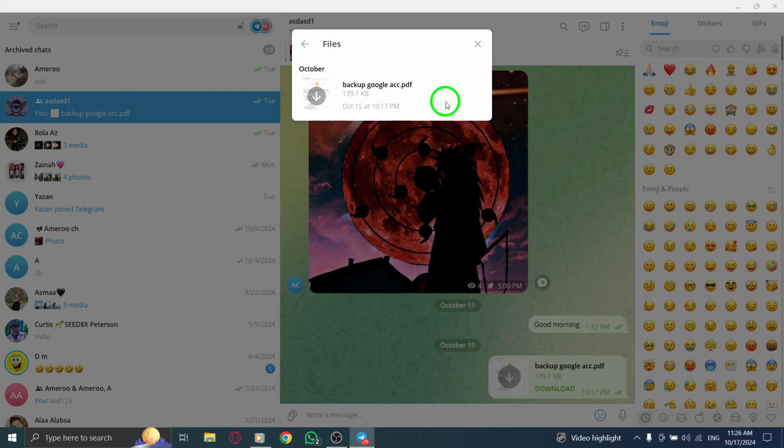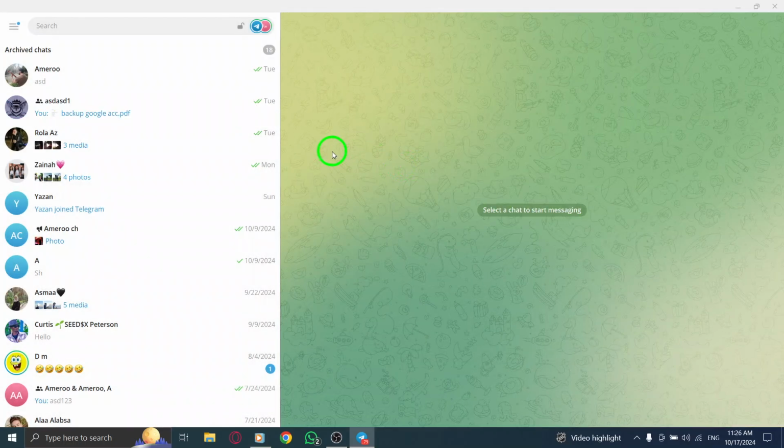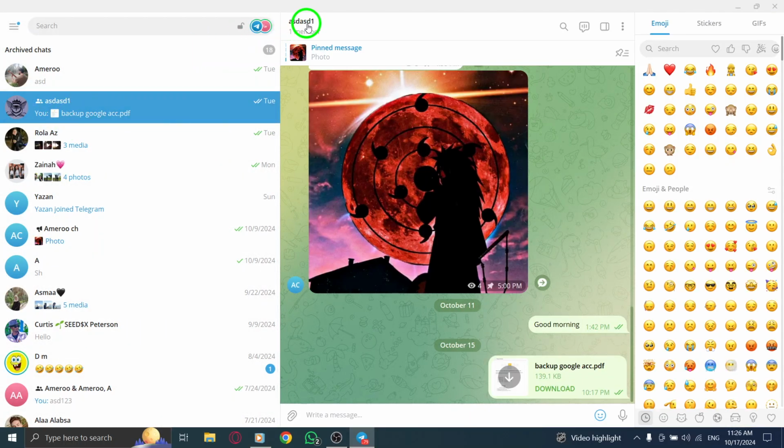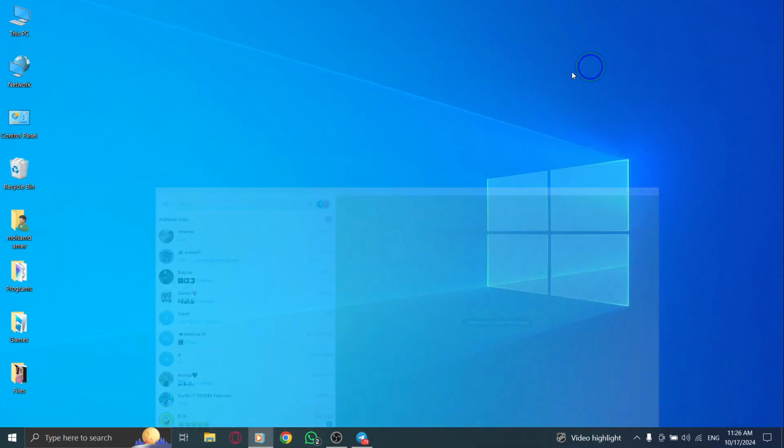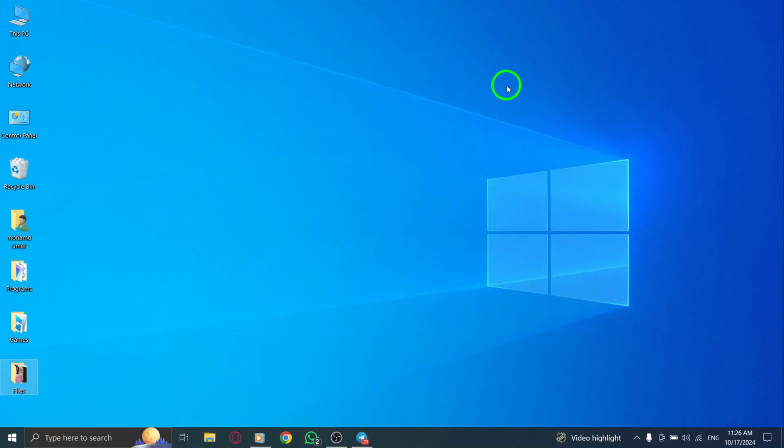To summarize the steps, open Telegram, find your desired group, click on the group's name to access its info, and choose the Files option. In just a few clicks, you'll have quick access to all the documents shared in your